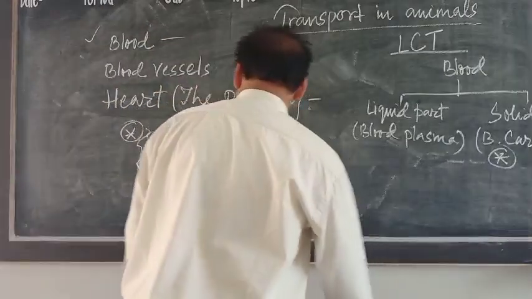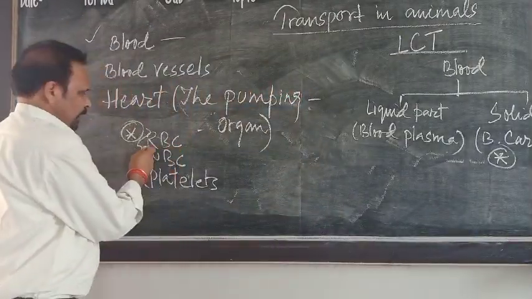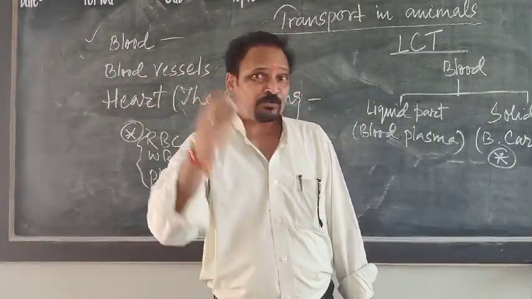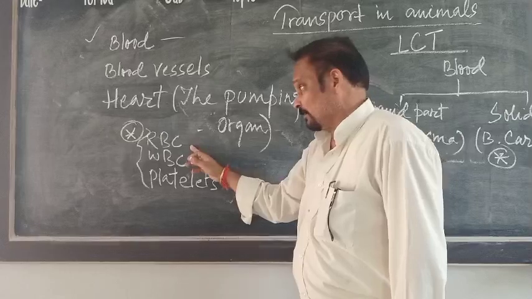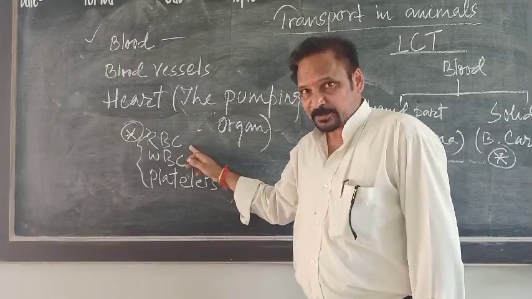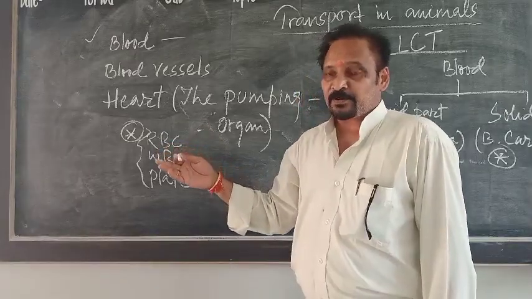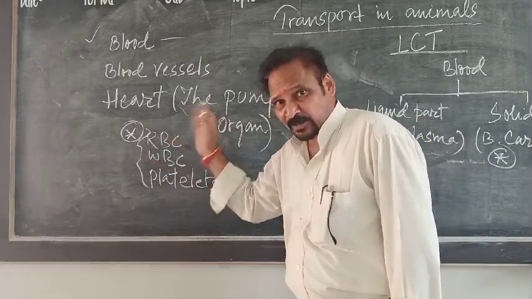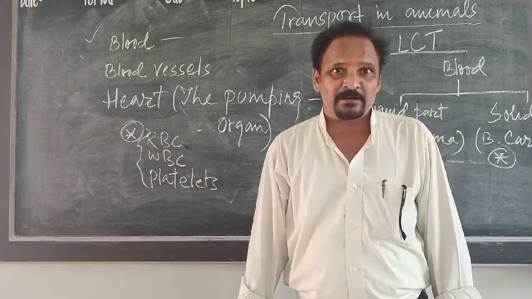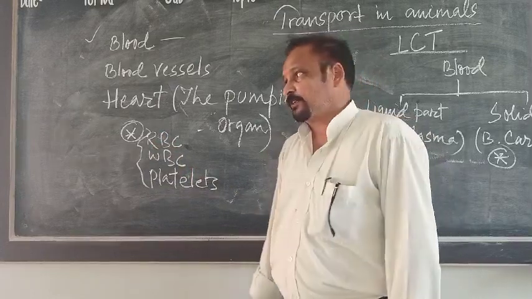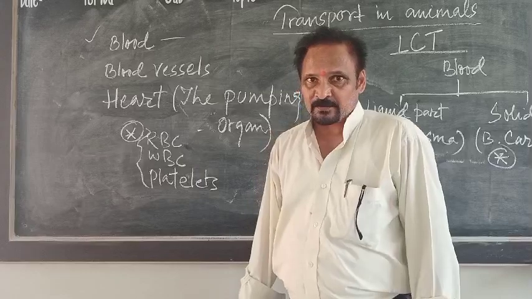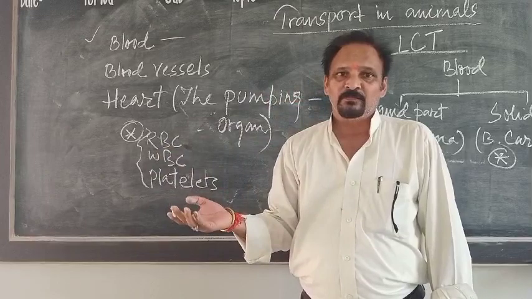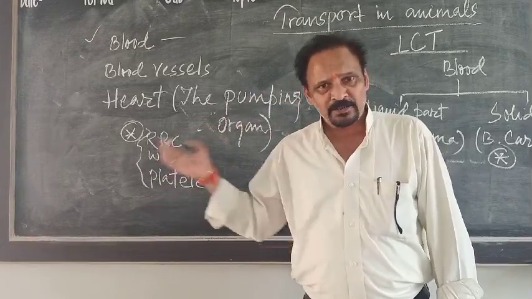Clear? Now, RBC is known as red blood corpuscles. Please note this in your mind. This is not red blood cell. This is red blood corpuscle. Why? Because cytoplasmic organelles are not found in RBC. So we can't say RBC is a red blood cell. We should say it red blood corpuscle. Inside RBC there is no nucleus, no mitochondria, no vacuole, no Golgi apparatus. Then why should we say it cell?